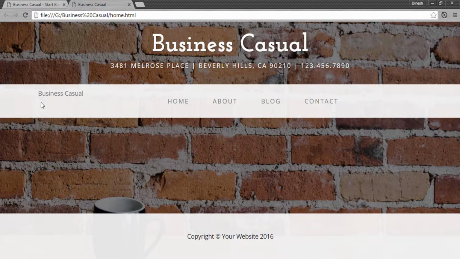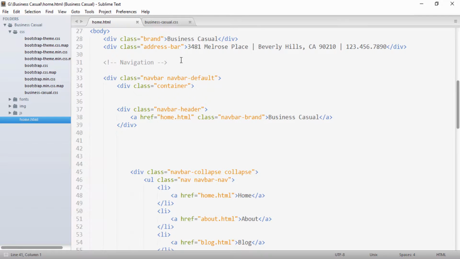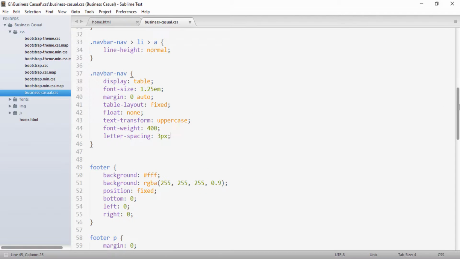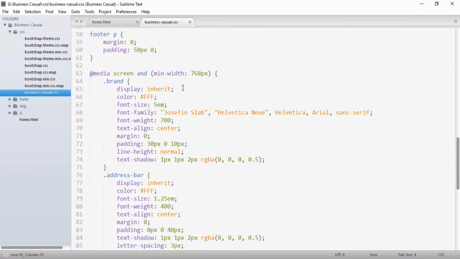So in order to make it disappear above 768 pixels, we have already provided a media query. If I show you here, you can see that we already created this media query in previous tutorials.